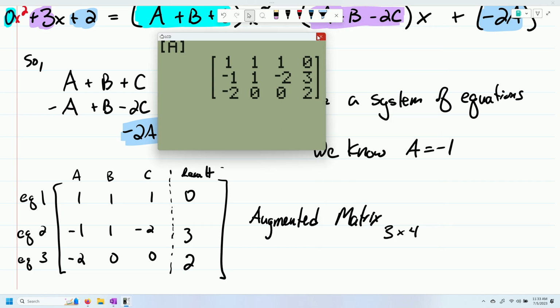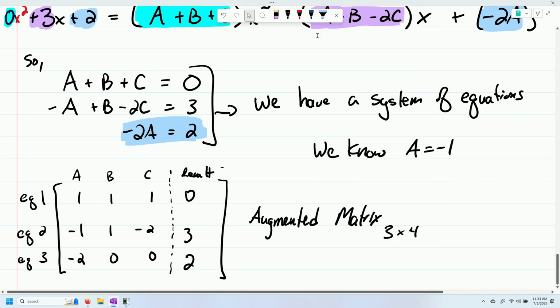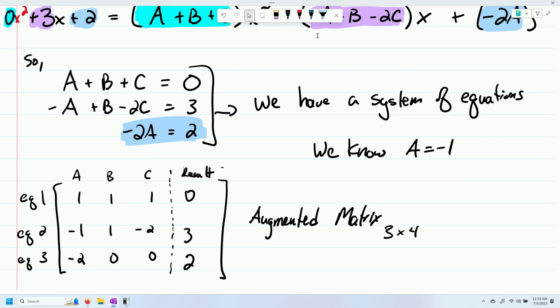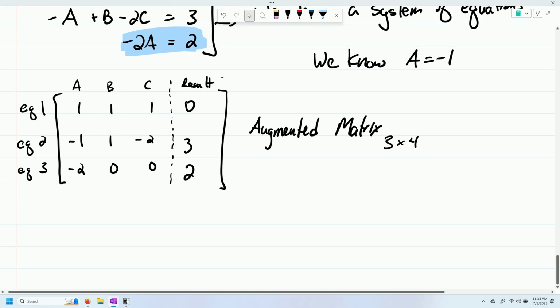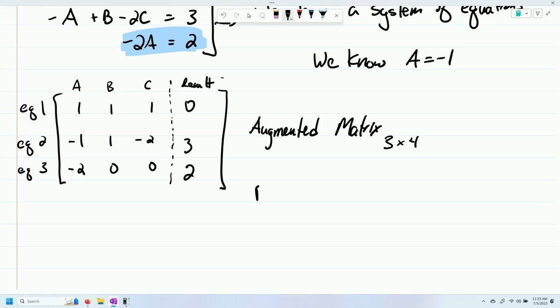Now, this is all fine and dandy, but the calculator only has the matrix stored. Here is the function that you're going to want to use inside of your calculator. RREF, and then you're going to do matrix A. Now, the RREF, if you're interested, stands for row reduced